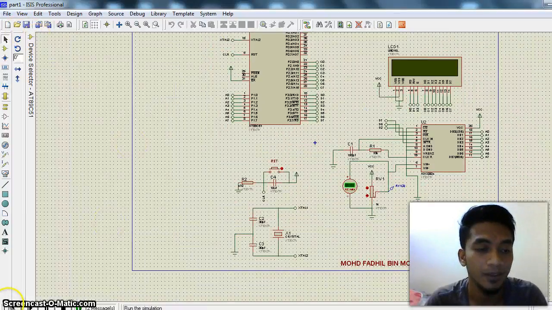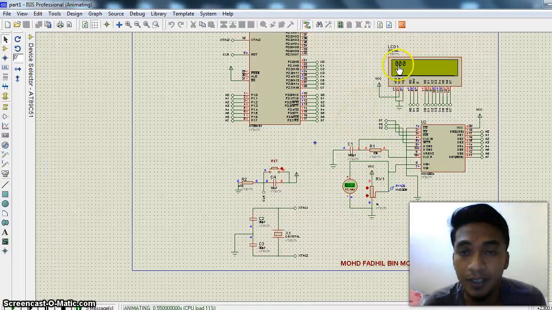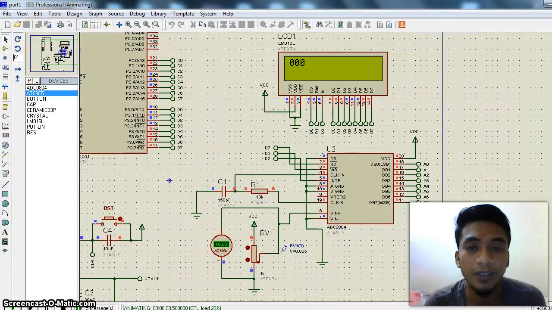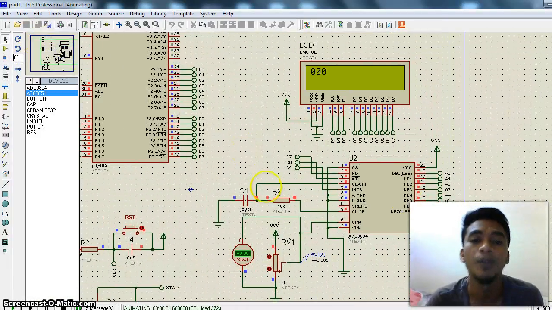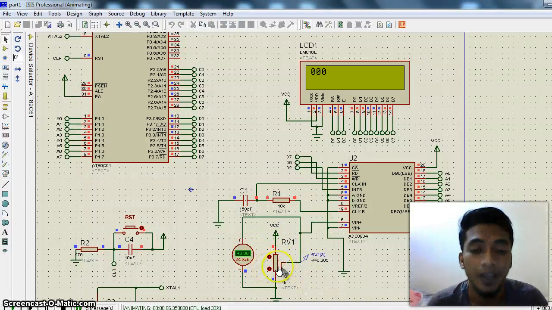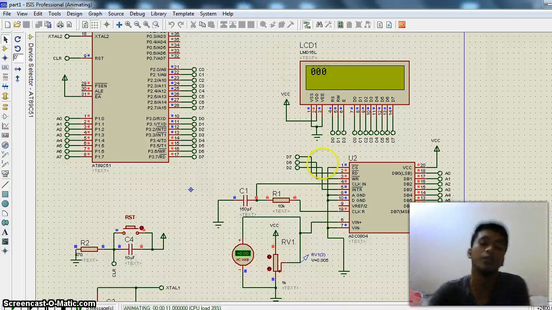After we finish the coding, I put the code inside the IC. As you can see here, the display shows 000, which means it is at the low bit position, because we set the variable resistor supply to 5 volts, and right now its value is 0 volts, so it displays 000.